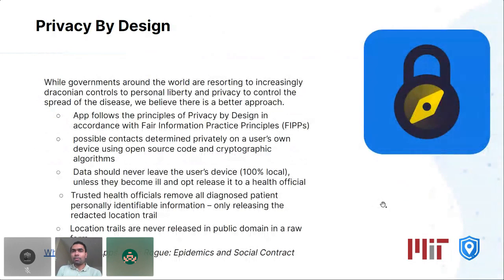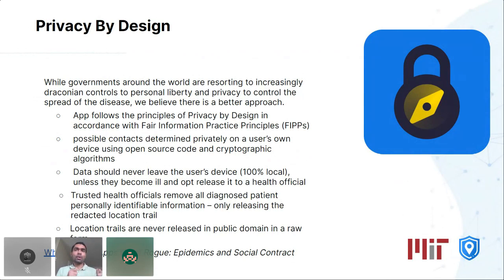Like I said, our design is privacy first. And when I think about privacy, it is really two or three levels. A lot of governments across the world have resorted to smartphone-based tracking applications for pandemic infection trail tracking. However, what this has resulted in is that the personal liberty and privacy of citizens have been compromised. Our strong belief is that there is a better approach to this problem that preserves the privacy of everybody involved and solves the problem as well.